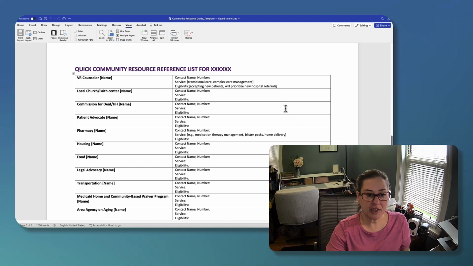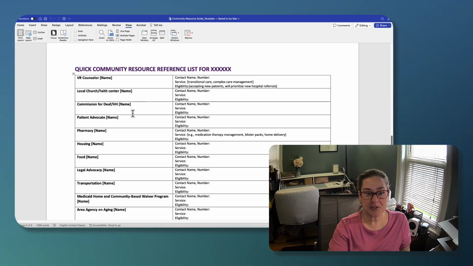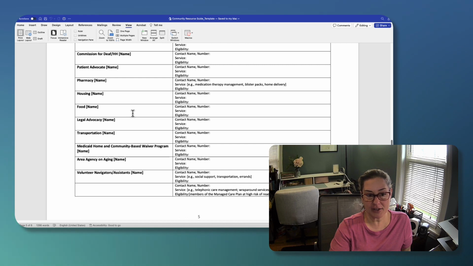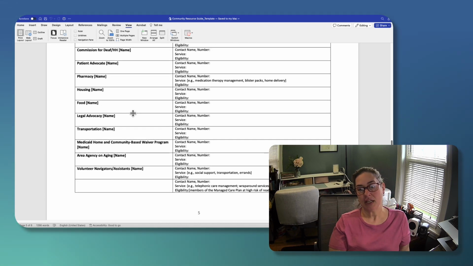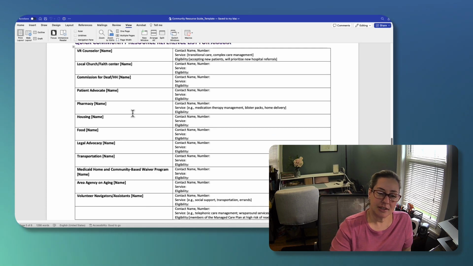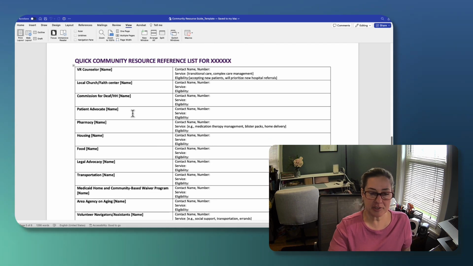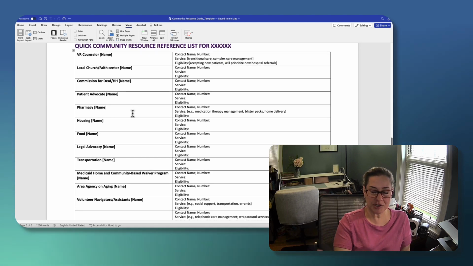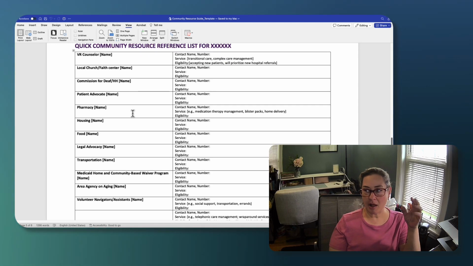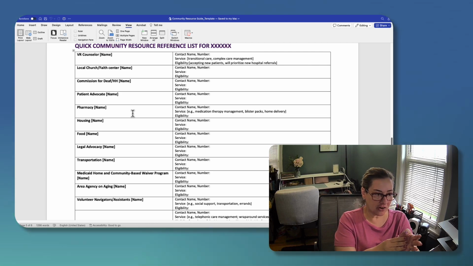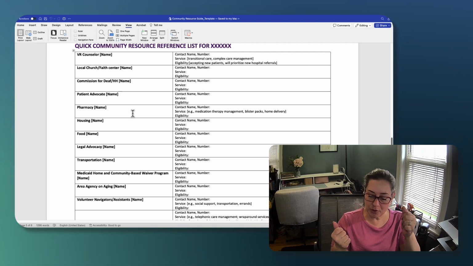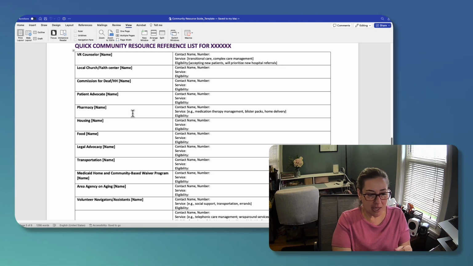And same kind of thing, primarily the same categories, but again, you can organize by specific name and contacts that you can just reach out to immediately. You have all that information. So you might not think that you need it, but let me tell you, when you've been doing this work for a while, I still run into this all the time, where I'll be like, I need to contact somebody at Commission for the Deaf and Hard of Hearing, and I'm like, what was the name of that person? And I'll be searching in my email, and I can't remember the person's name.